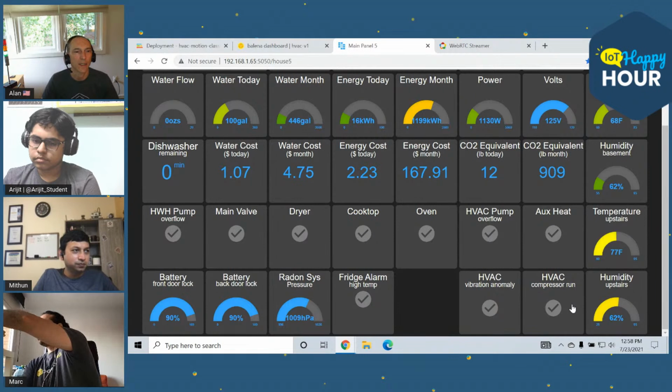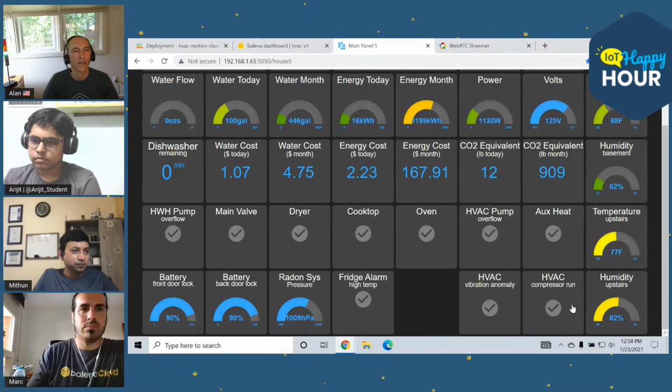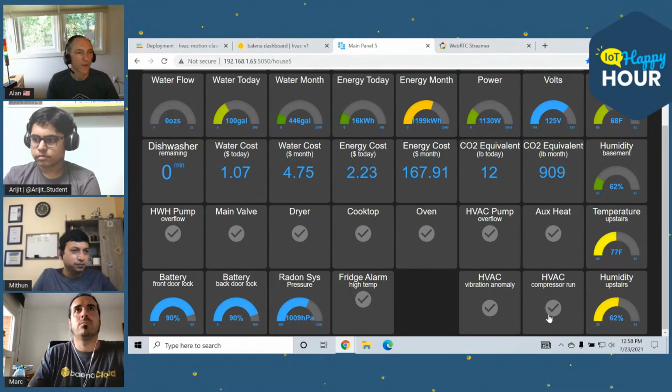It does take a few seconds until the thermostat recognizes that it needs to turn on, and then it has to turn on the HVAC system. So it should just take a few more seconds, and we'll see the compressor running. Once it's running, we'll switch over and look at the detections from the inferences it's running on the Edge Impulse model on the Arduino.